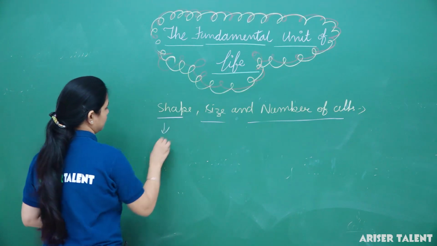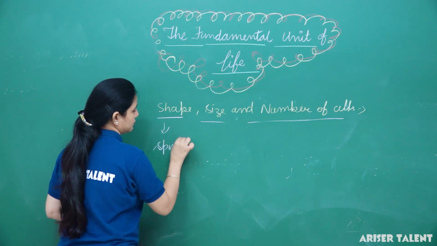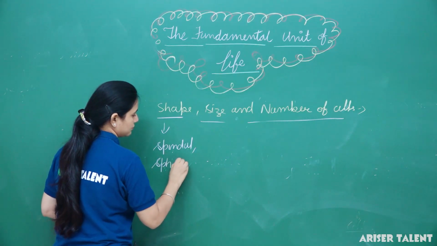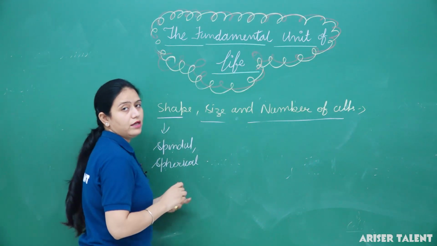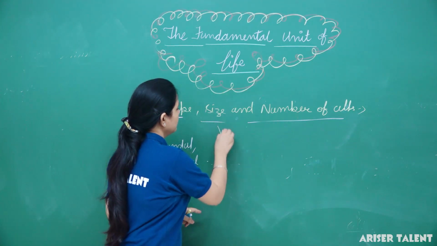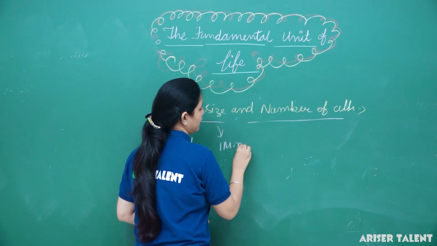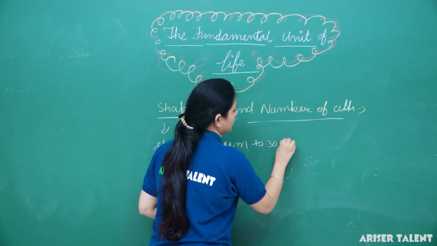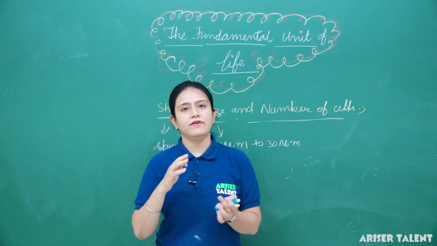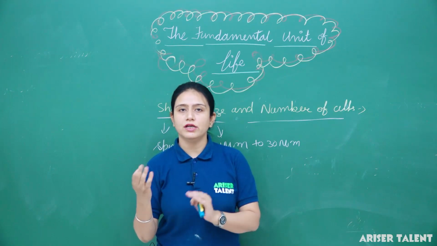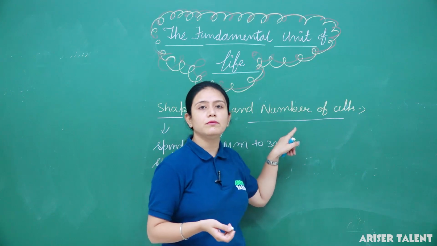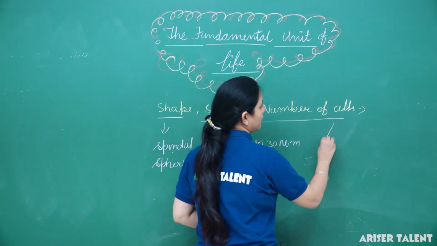They may be spindle, spherical. Okay, they can be of any shape. Size, they vary in size. Okay, they can be 1 micrometer to 30 micrometer. They vary in plants, they vary in animals, they vary according to the structure of the animal or plant. Okay, number of cells, if we talk about the number of cell,